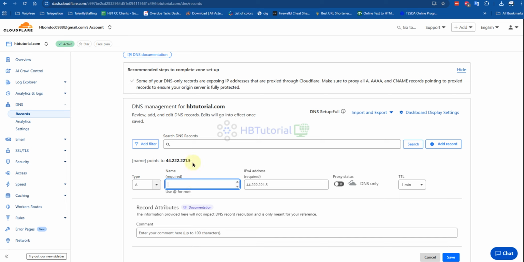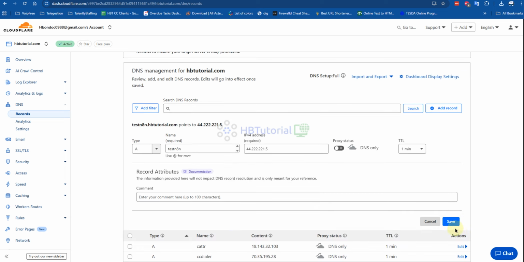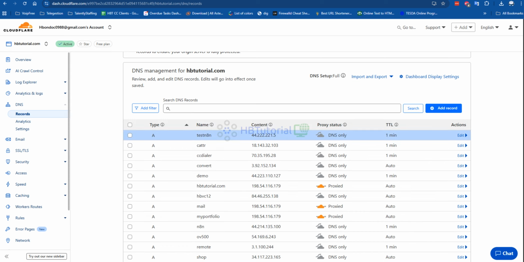RND test N8N. This will be our subdomain, I'm gonna copy it and set it aside for the meantime, so we can use it later when we're generating an SSL certificate.